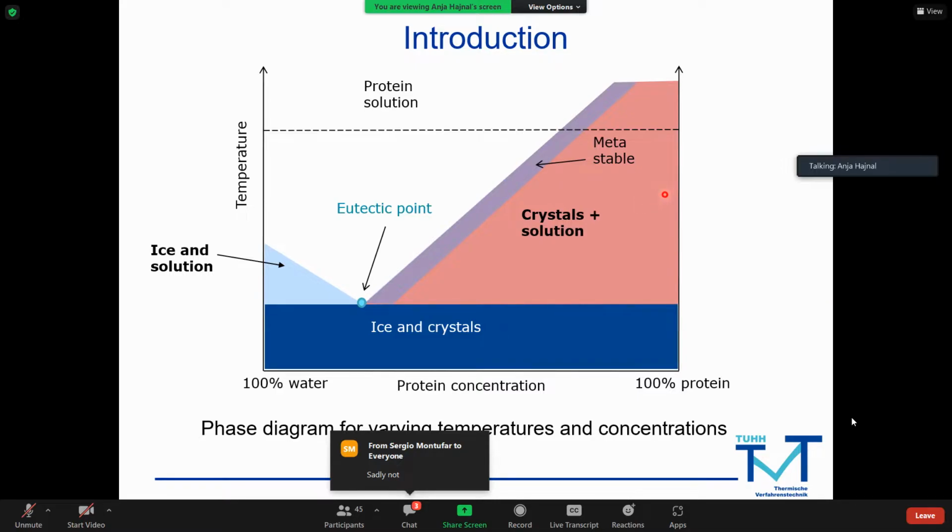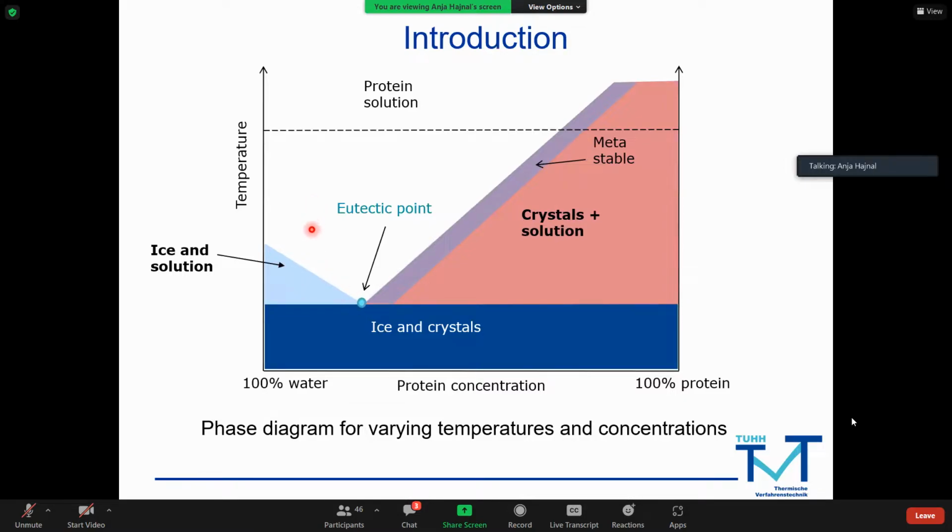What is important to know is the areas of the diagram. So you should know that here we have a liquid. These two lines are called the liquidus lines, and they mark the area where, when we decrease the temperature, we start going from one phase region, which is our liquid, to a two-phase region where we have a solid and a liquid. Now, solid liquid equilibria also have a point which is called a eutectic point, where